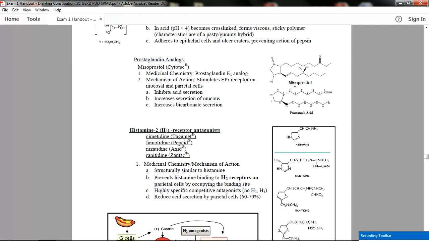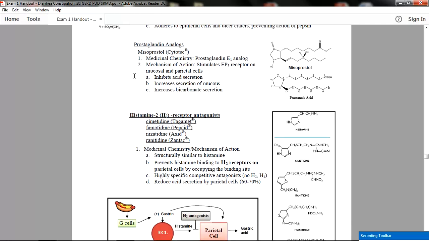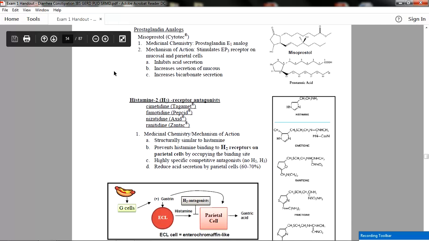The only thing that really defines them is their 20-carbon molecules with an acid on the end, this carboxylic acid, and this ring structure here. That's basically all your prostaglandins. We have many of them in the body, but misoprostol functions like PGE2 and PGI2 to increase mucus and bicarbonate